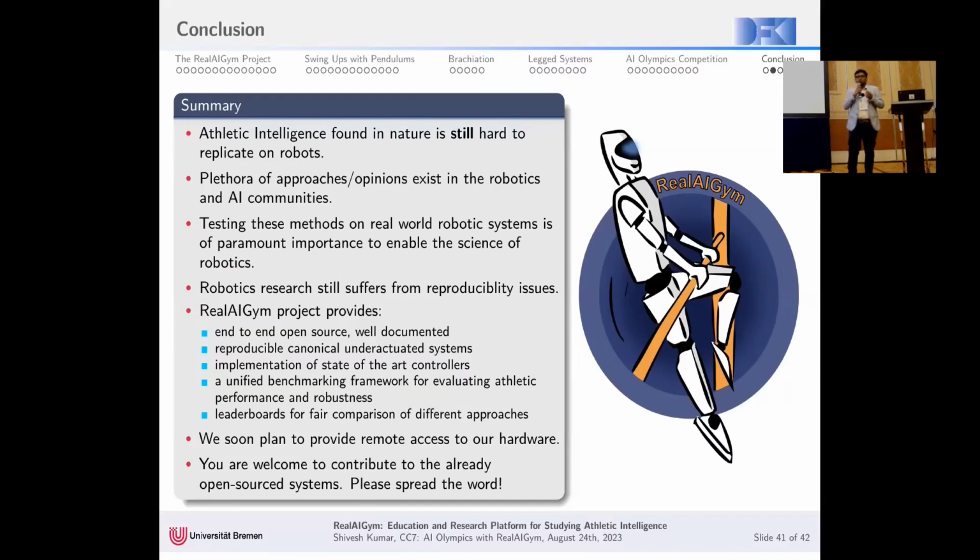We also soon plan to provide remote access to our hardware so that people around the world can log into the system and use it. And you are most welcome to contribute to the already open source projects, and please spread the word. And with this, I would